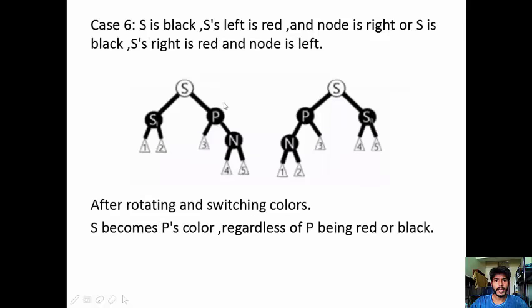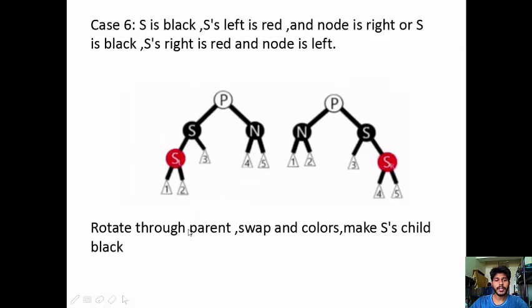Finally, after rotating and switching colors, we rotate through the parent first, and then swap the colors.